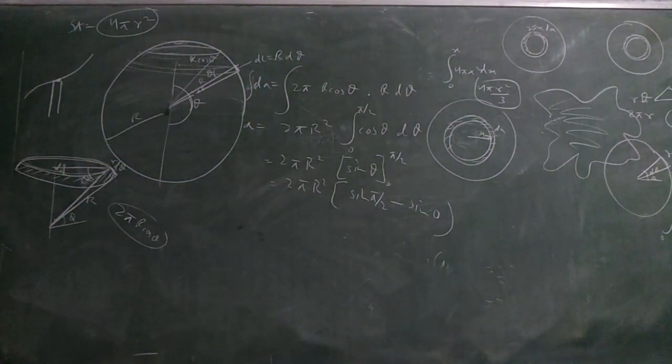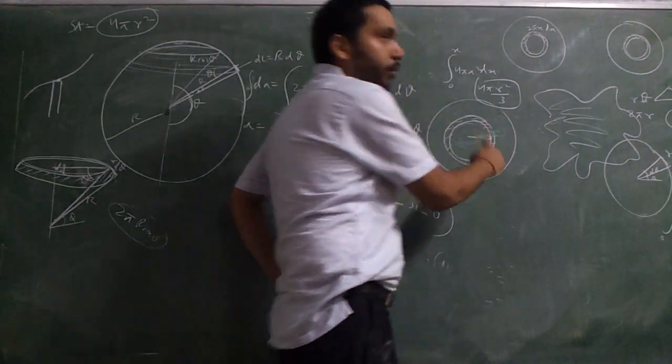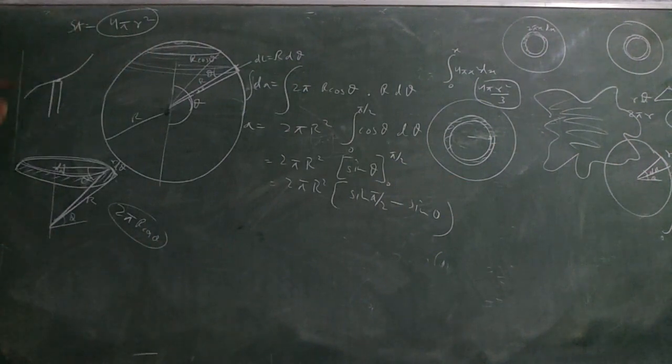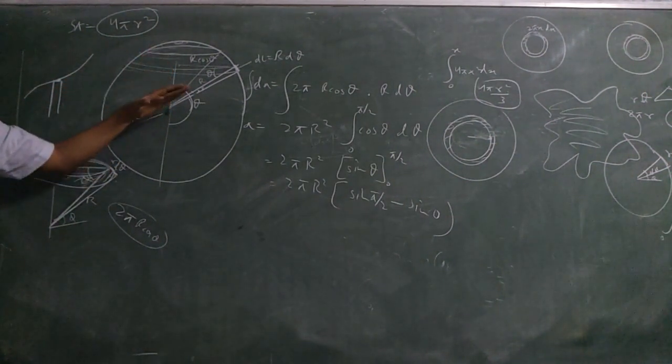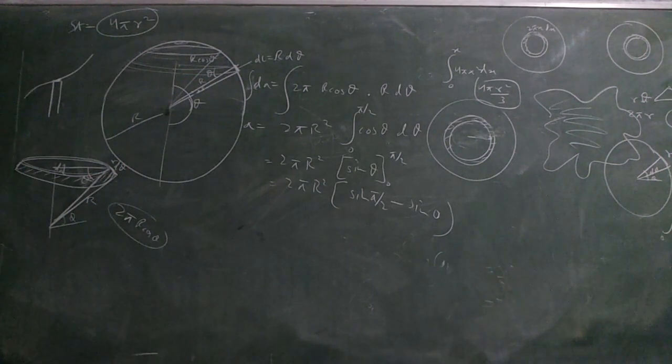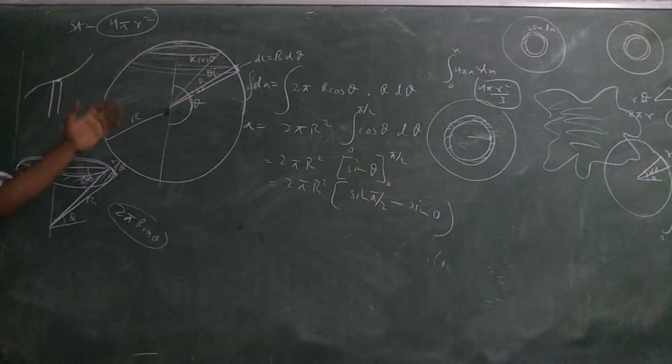Next is, the other way of doing it is the same thing, slicing it like this. Now you slice it like this, you can take your variables as x and dx, or you can take it as theta and d theta. Okay, but you are going to do the same thing. Now, taking it as x and dx would be easier, but